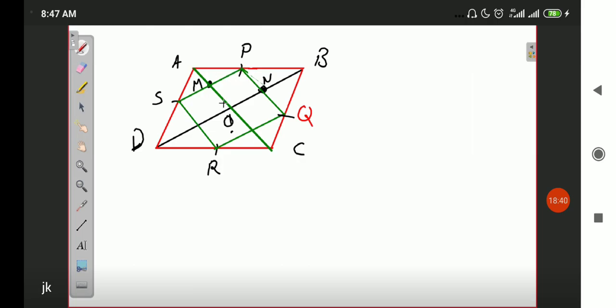Once we have that, since we know that diagonals of a rhombus bisect each other at right angles, therefore this angle O is 90 degrees. One angle of this parallelogram is 90 degrees, therefore all the angles of this parallelogram are 90 degrees. And then we move on to the larger parallelogram PQRS and say since one of the angles of PQRS is 90 degrees, all of the interior angles of PQRS are 90 degrees, therefore it is a rectangle. Once again, we have proved that the interior angles of this parallelogram are 90 degrees.